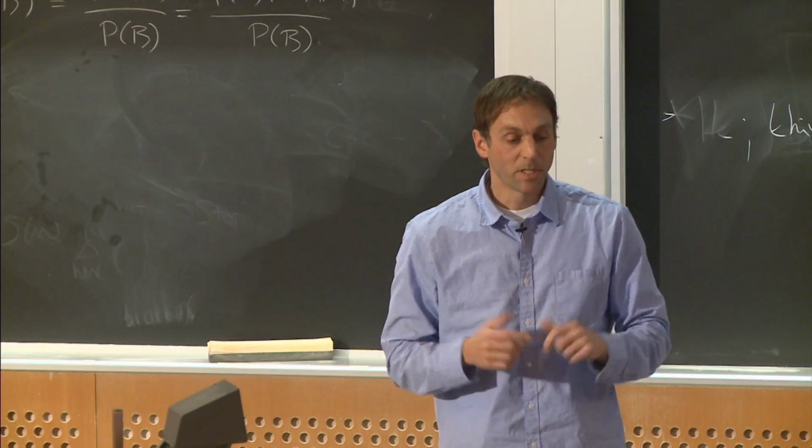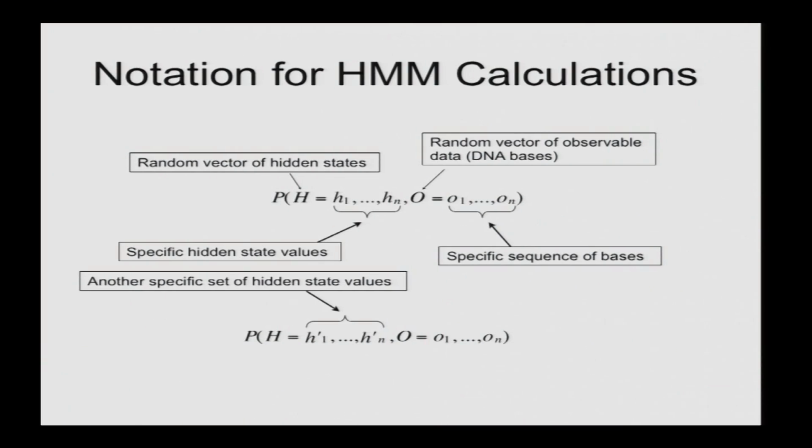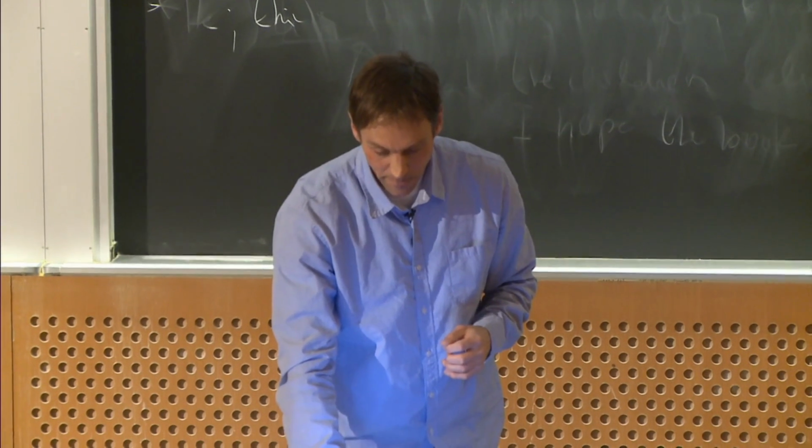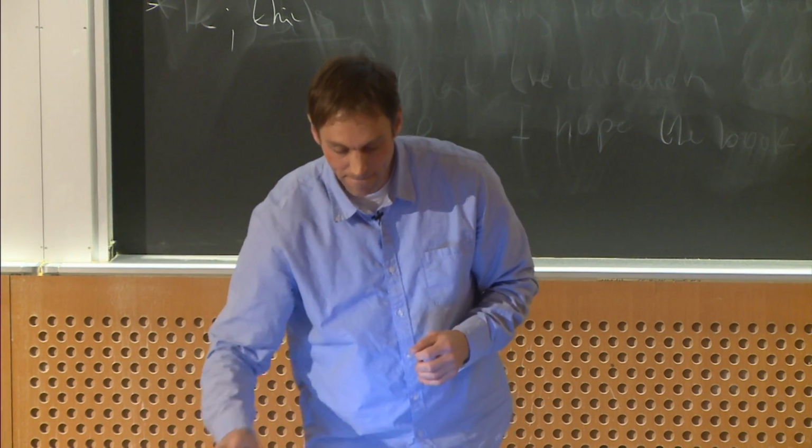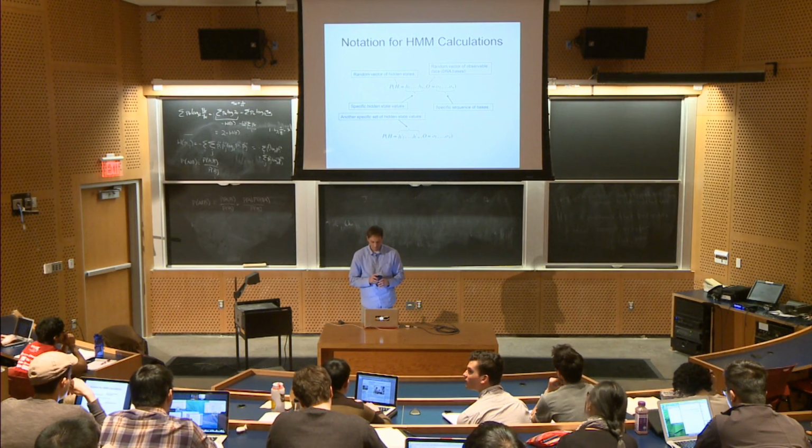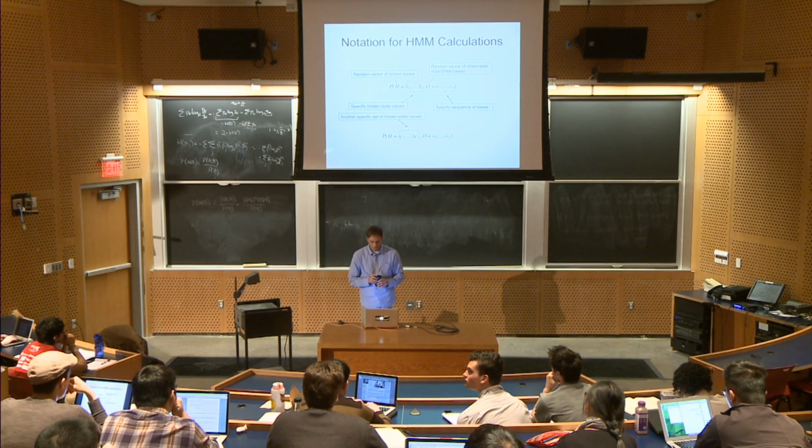And one could imagine comparing two H vectors, one of which, H versus the H primes. What's the probability of this hidden state versus that? You could compare them in terms of their joint probabilities with this model, and perhaps favor those that have higher probabilities. Up there, should the two capital H's have any different notation, like the second one being H prime or something like that, or are they supposed to?